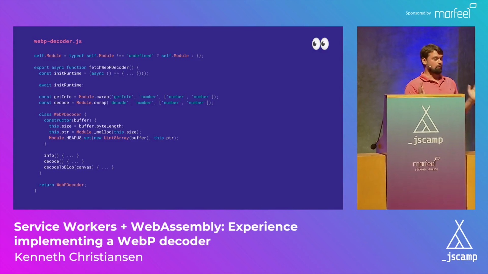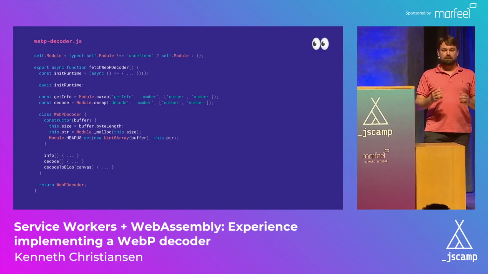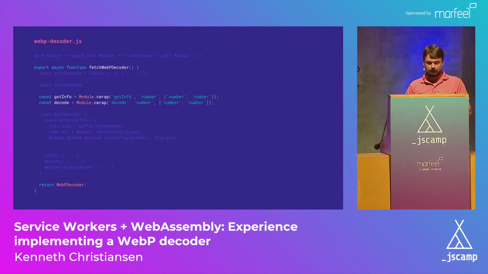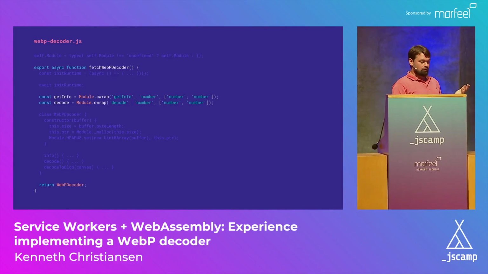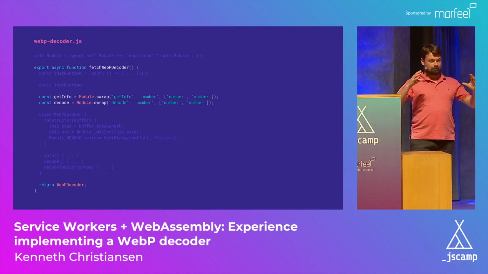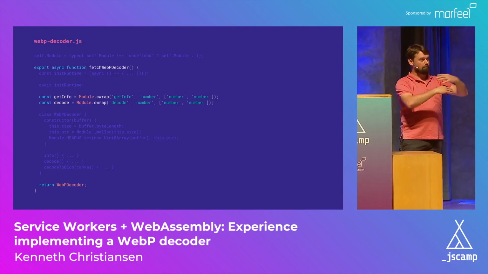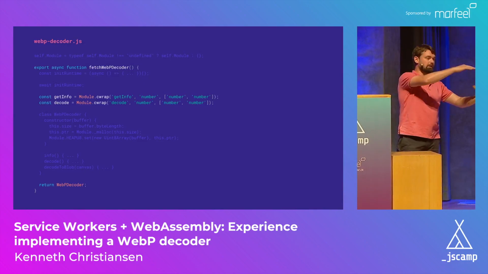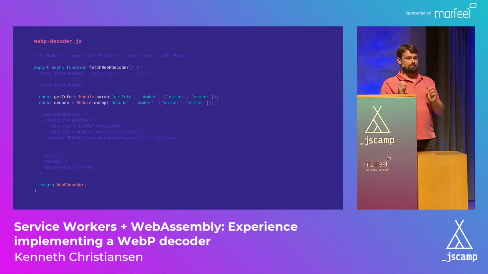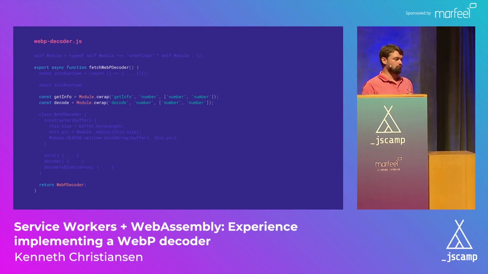This is my decoder. So I wrote a small object called WebPDecoder, which is the object I'm using to decode these images. So the first thing you need to do using Emscripten: Emscripten has a certain setup. Like I said, it's not just WebAssembly. You also need to import some JavaScript, hooking up OpenGL with WebGL and all of that, some boilerplate code. Then you need to wrap these C functions into something you can call from JavaScript. So this is just using the Emscripten API.